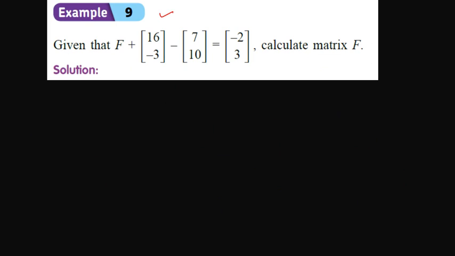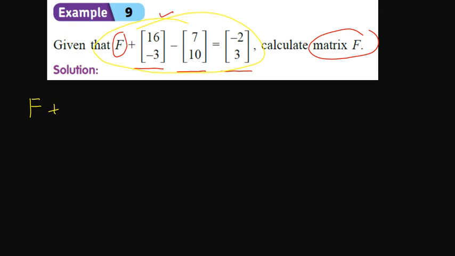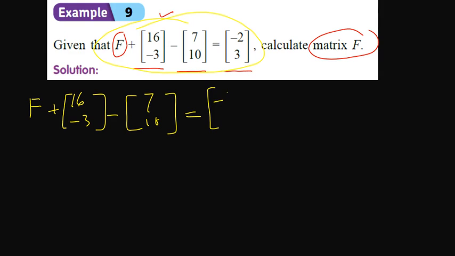Okay, now let's see example 9. Given matrix F plus this matrix minus this matrix will come to this one. So our question: calculate the matrix F. Yeah. So how to do? Calculate matrix F. So we write this one back. F plus [16, negative 3] minus [7, 10] equals [negative 2, 3]. Yeah. So